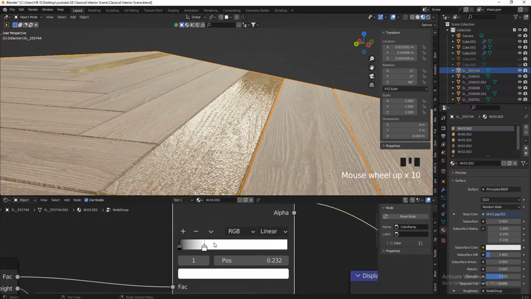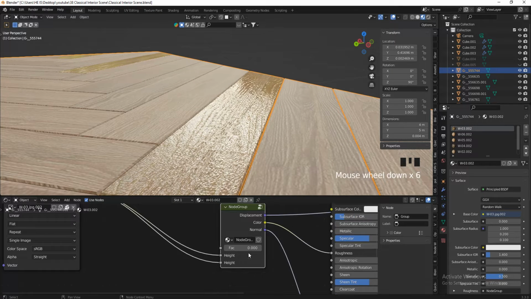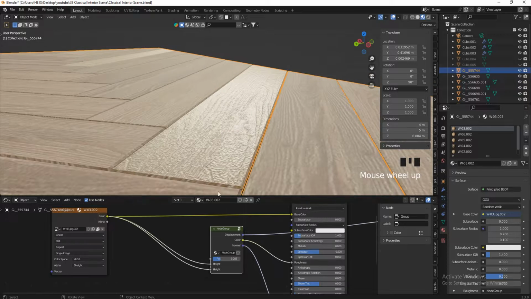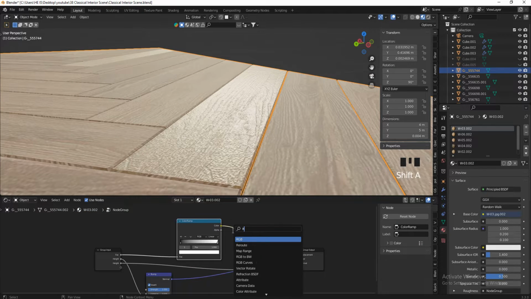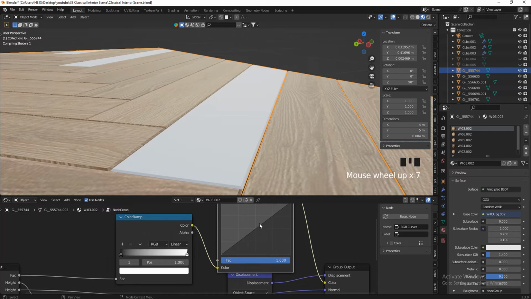So I'm going to make this one as it is, like this. And then if I drag this one like this, I think it's too reflective. Oh, yeah, I think that's a problem. So maybe something like this would be good. Also I can hit Tab to get inside of the edit mode, and then press Shift A and add RGB Curves in the Control X, press Shift A, add RGB Curves on the color ramp,